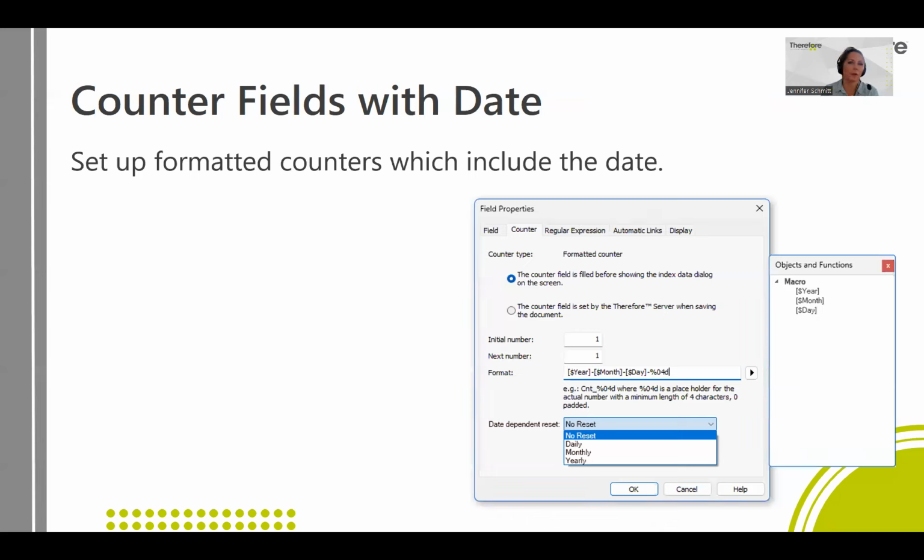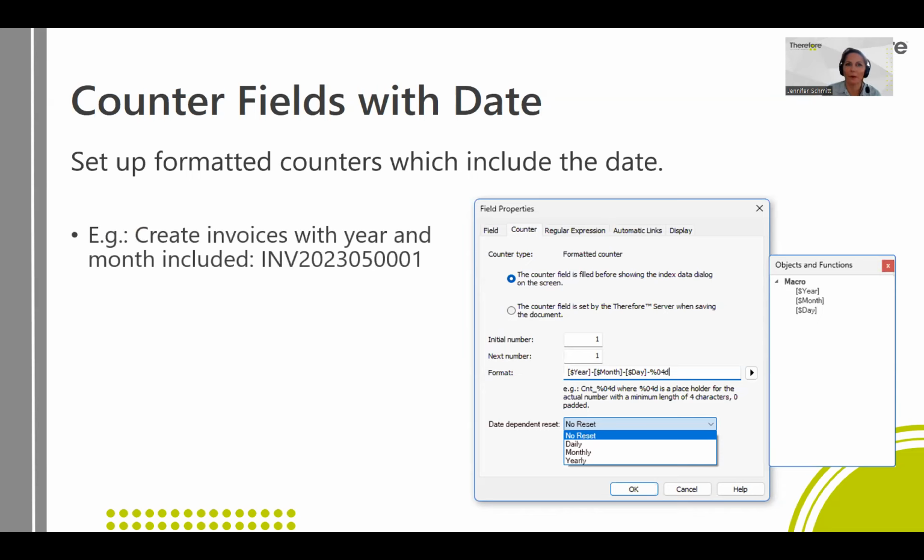And then the counter would continue on, and we can have it reset again from 0 on a monthly or yearly basis. So very, very useful. I think a lot of people will need this. This is a smaller feature, but it is highly requested, and lots of benefits for people who need to track